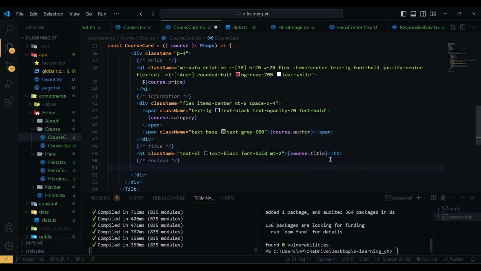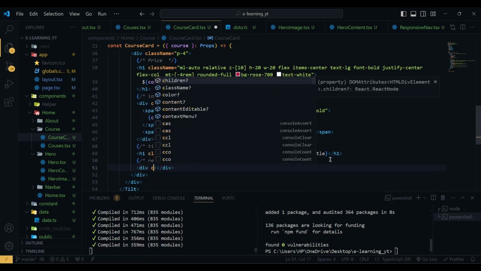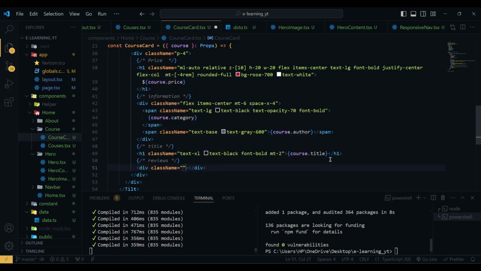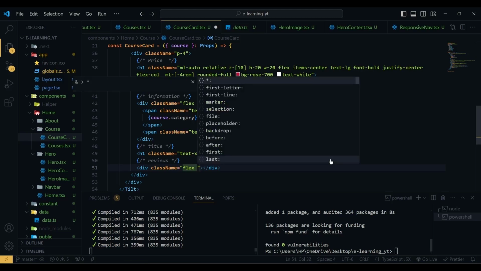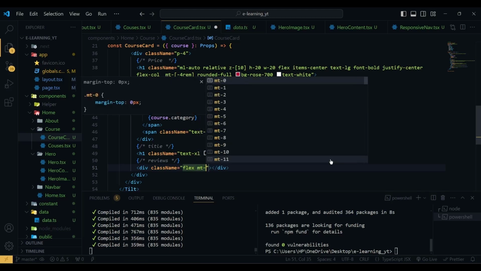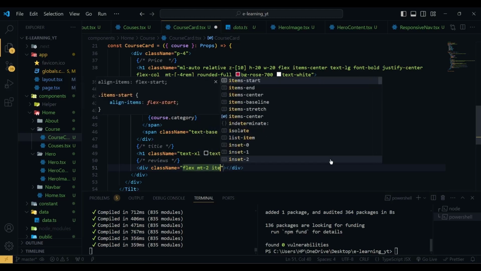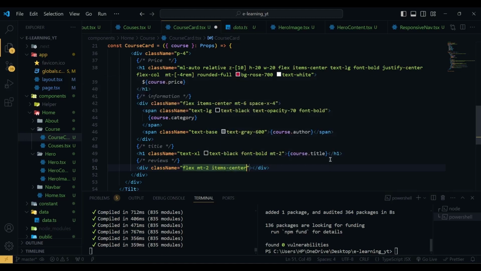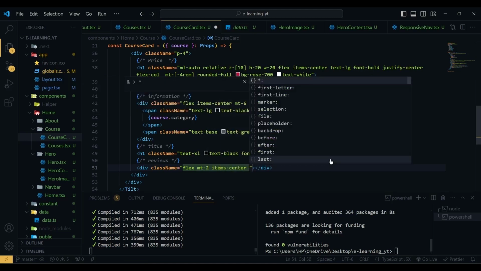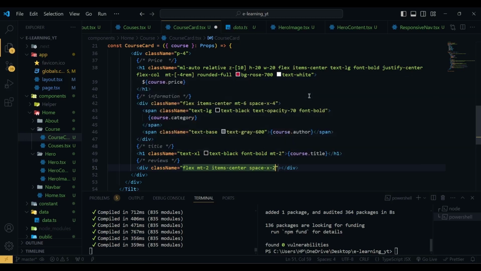So after the h1 we have another div with class name of flex, margin top of 2, items will be center, and then we have space-x-2. If I hit save, and then inside this div space-x-2,